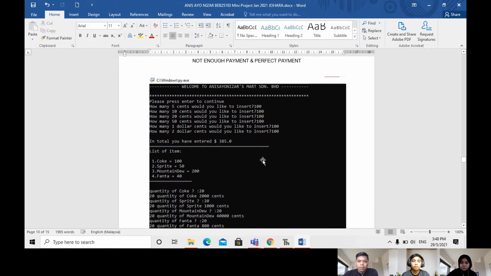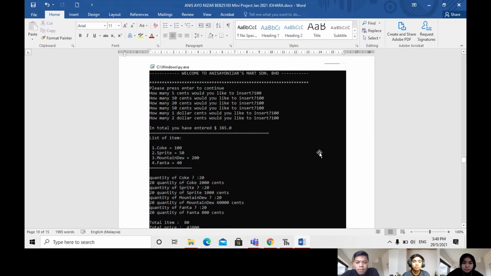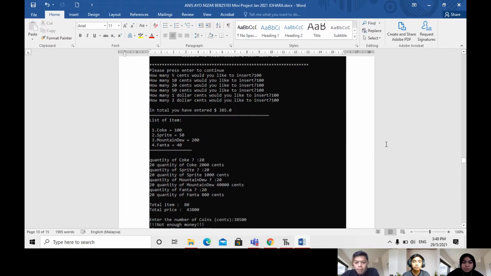Okay, so when we run the program, here is some of the display or output that will come out from the program. First, it prints welcome to Anis Ayu Niza Mart Sendirian Berhad, and then the display will ask us to please press enter to continue.